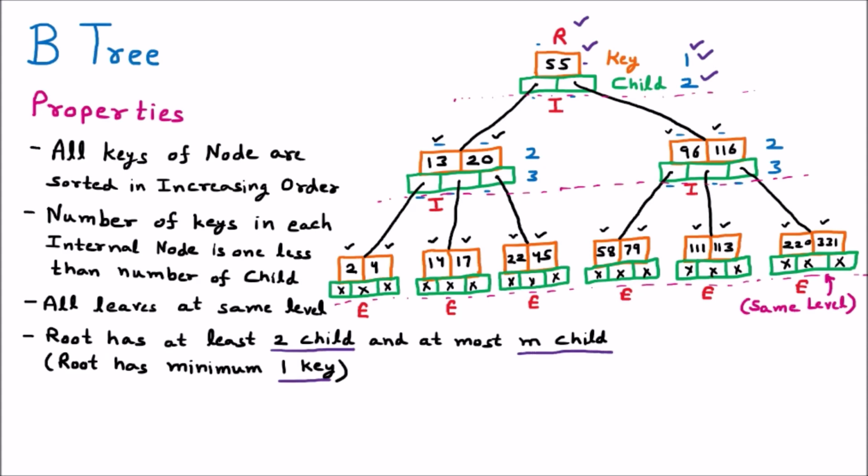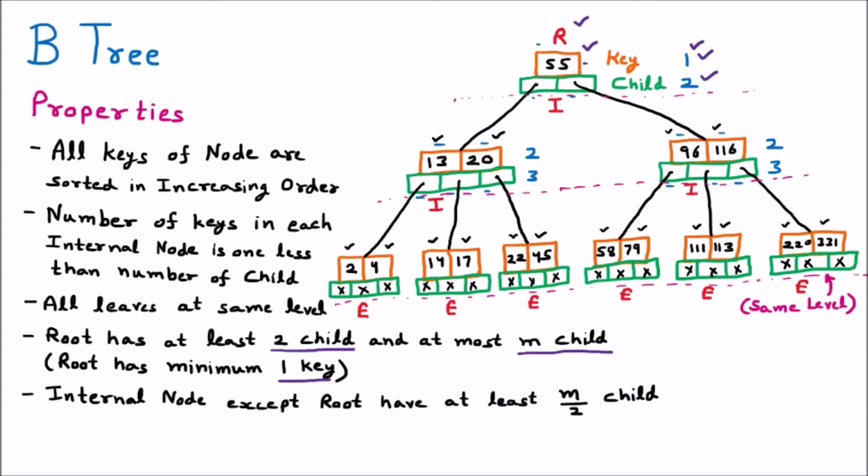Now we are discussing the next property and the most important property of the B tree. This says that internal nodes except the root have at least ⌈m/2⌉ children. Now this m by 2 is in the ceiling. So, ceiling function. Now the ceiling function says that whenever you have any decimal value, it will be rounded off to the next level. Just like if you have 2.5, that will become 3. If you have 7.5, that will become 8. So this is the ceiling function.